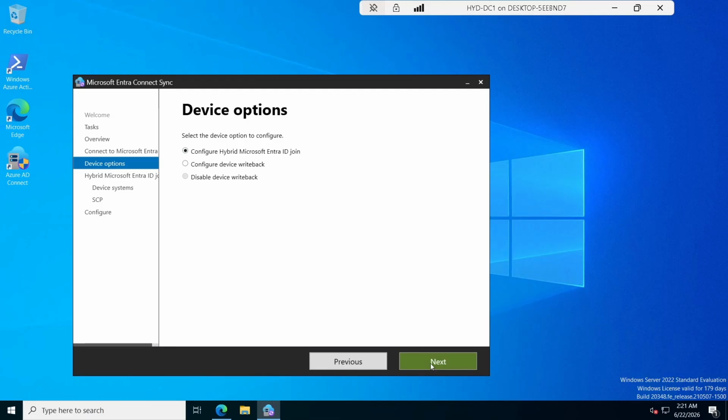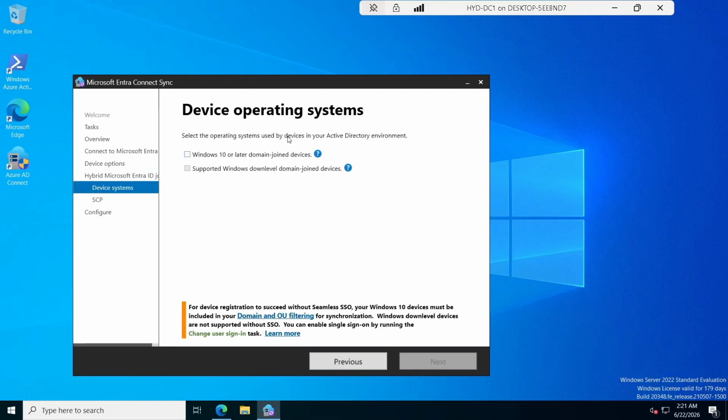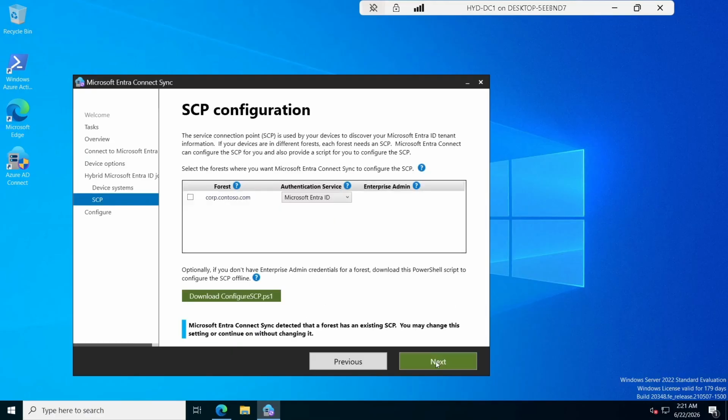So once you click on next, it is showing Windows 10 and later domains and devices. We'll click on that and simply click on next. So now if you see, this page is to configure SCP. So what is